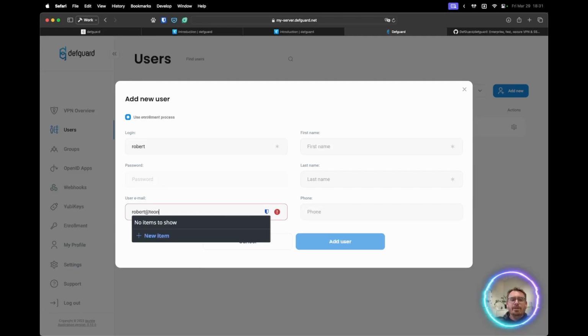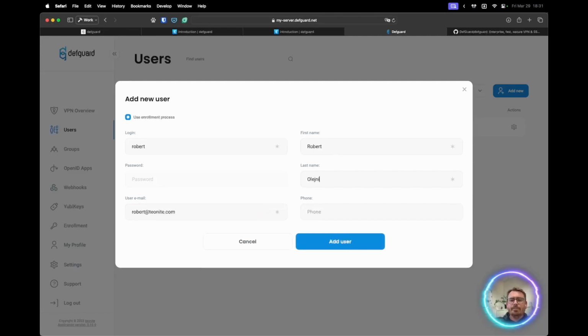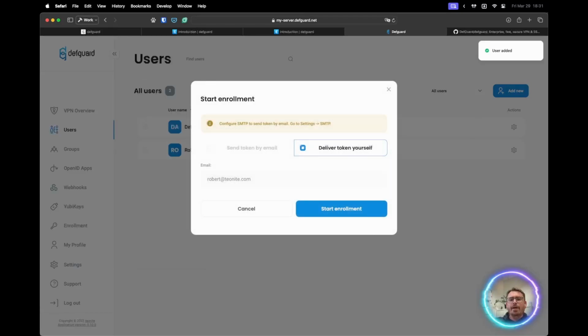My email is here and my name is Robert. I will not set up my phone, and I will add this user. I have not configured for this demo instance email, the SMTP configuration, so I cannot send this token over the email. But generally, if you have that configured, you could click here and send the enrollment information to the user securely, even to her